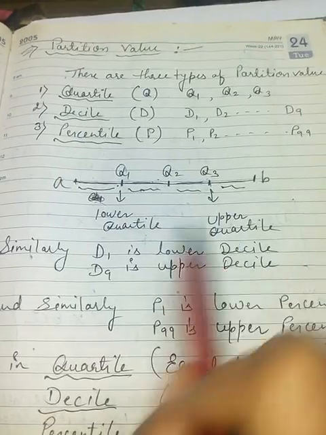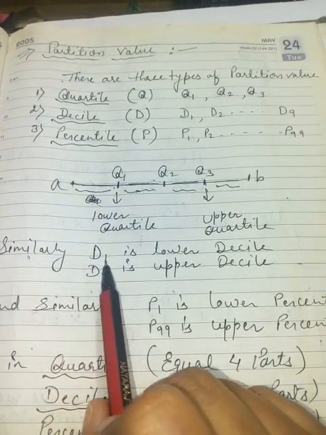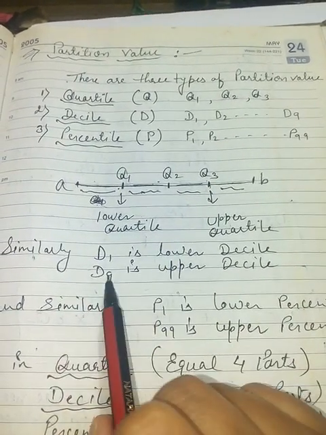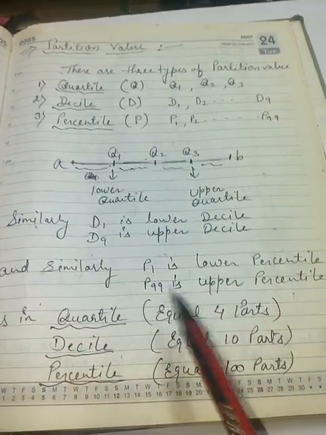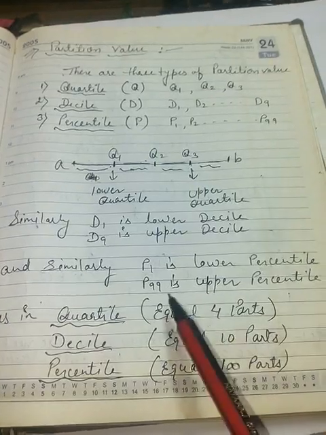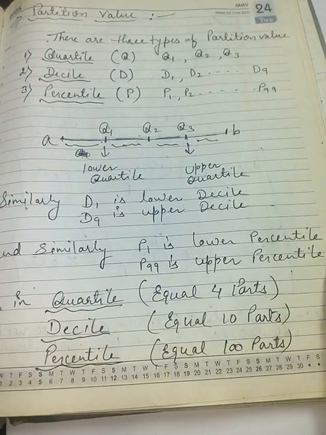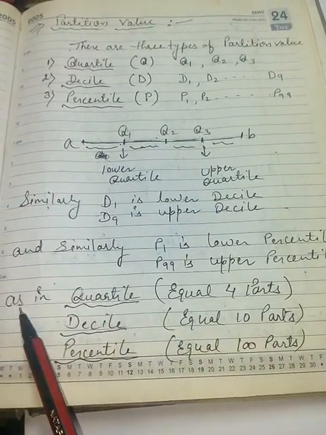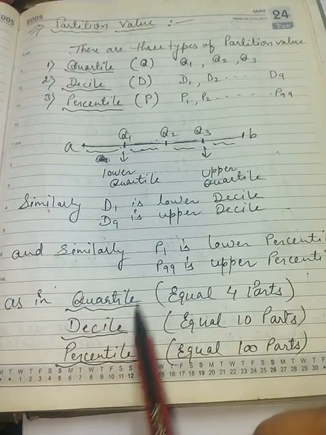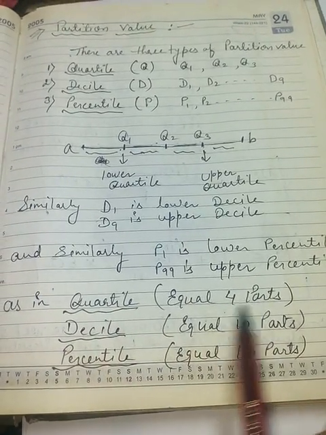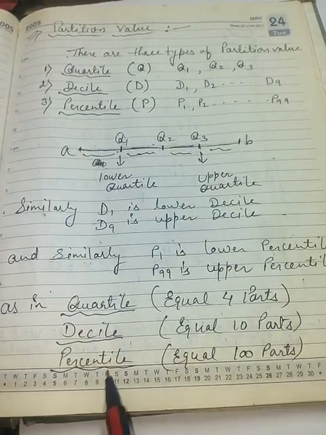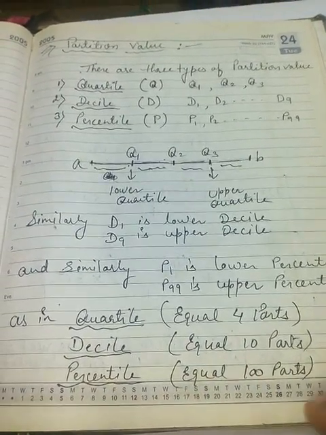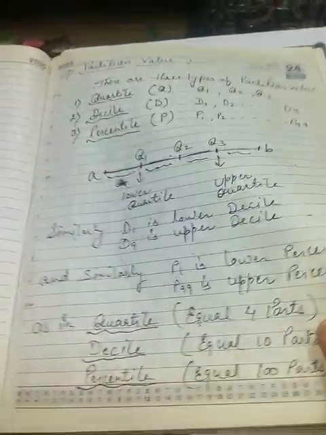Similarly, in decile, D1 is the lower decile and D9 is the upper decile, and in percentile P1 is the lower percentile and P99 is the upper percentile. So in quartile we divide into 4 equal parts, decile 10 equal parts and percentile 100 equal parts. Now let's see the formula for